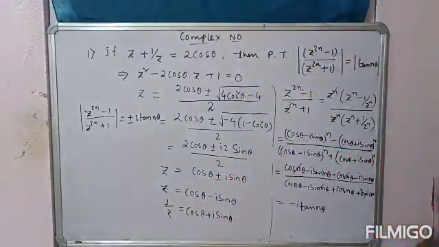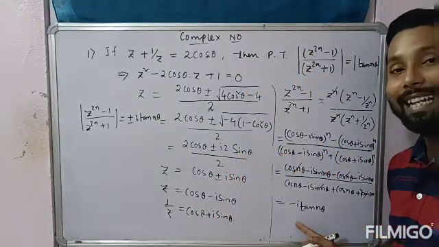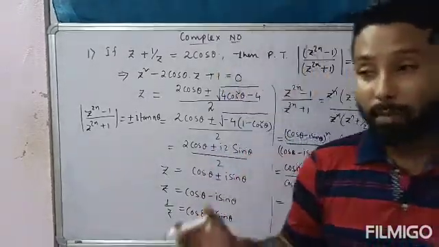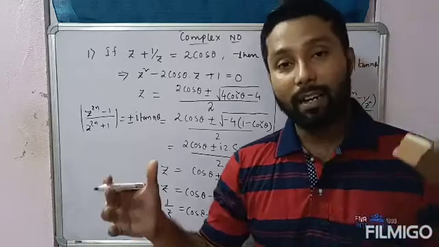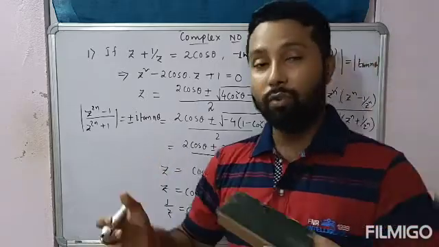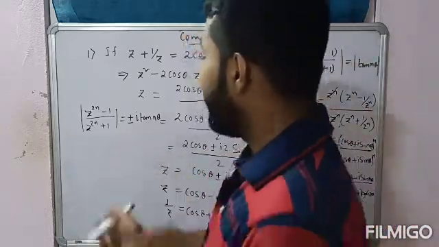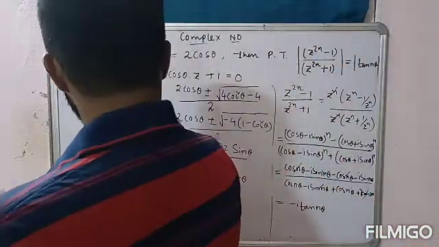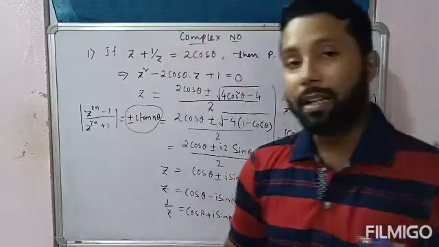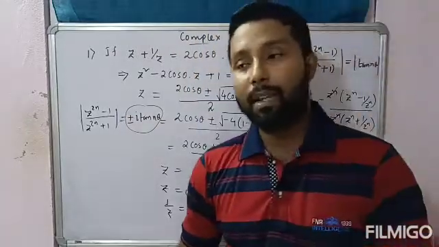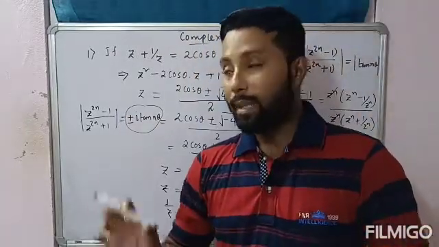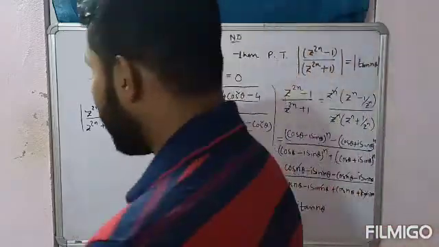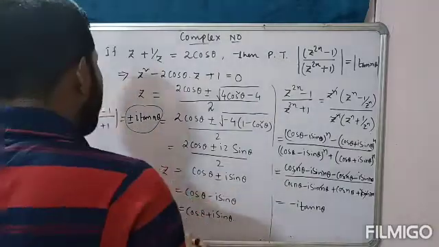I have written this because in this case I got minus i tan n theta, whereas in the previous case I got plus i tan n theta. So combinedly you have to find the overall final answer, so we have to combine both. So combinedly we can write it as plus minus of i tan n theta. So look at this complex number. It is a purely imaginary number because only i is there, meaning there is the coefficient of i. There is no real part, right? So it is a purely imaginary number.